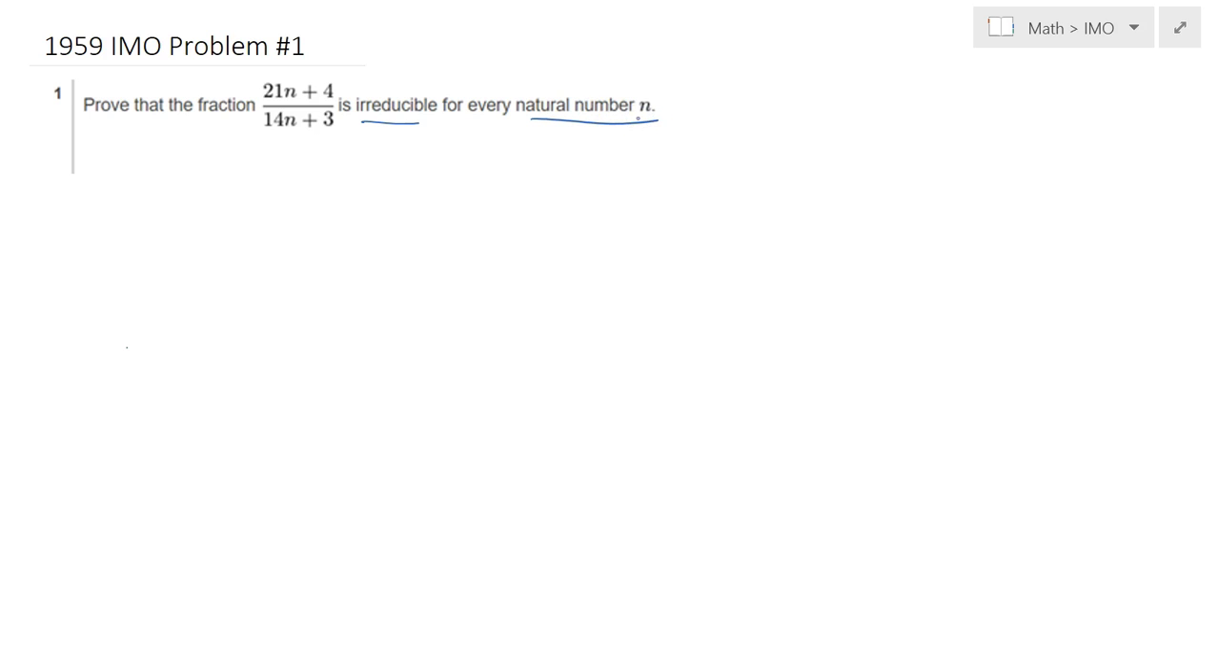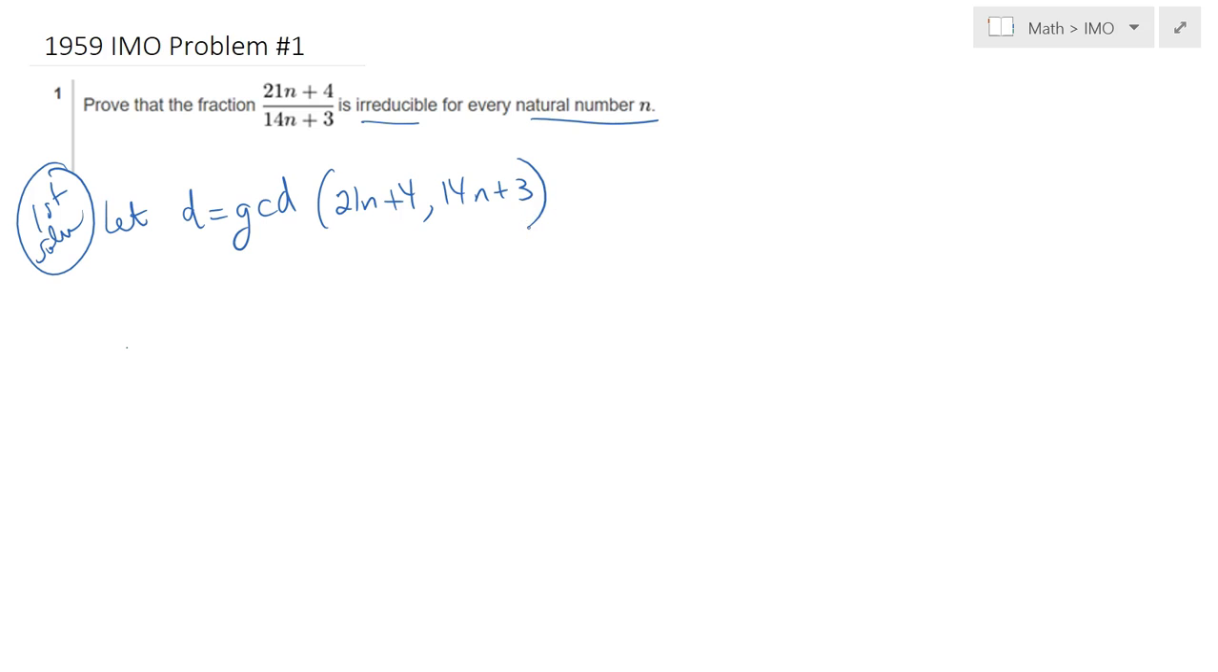Now this is the very first problem of the first International Mathematical Olympiad, and so let's provide two different proofs to that problem. So let's begin. This is our first solution. Let D be the greatest common divisor of these two expressions in the numerator and the denominator. Given that, I claim that if D divides both of these expressions,